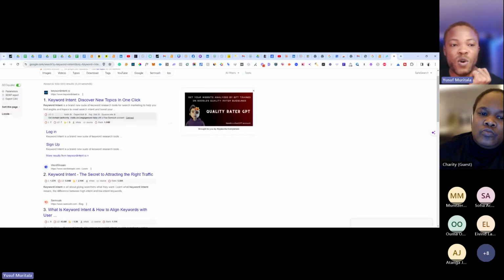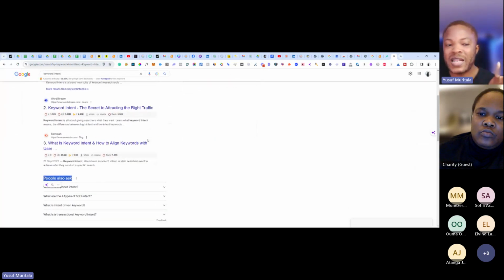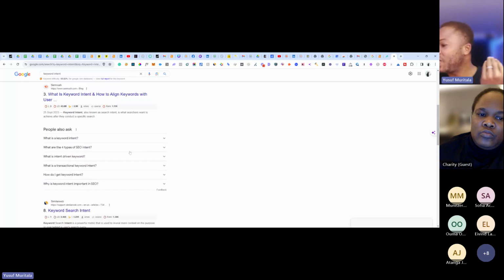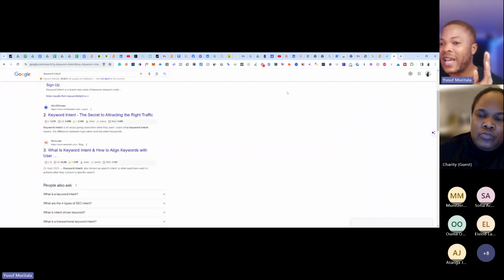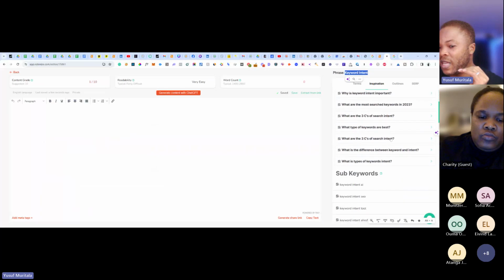So anyone who is typing keyword intent, Google assumes that they also want to know, based on their data, what is a keyword intent, the definition. That means we need to have it on our content. What are the 4 types of keyword intent that we spoke about? The informational, navigational, transactional, and commercial, right?